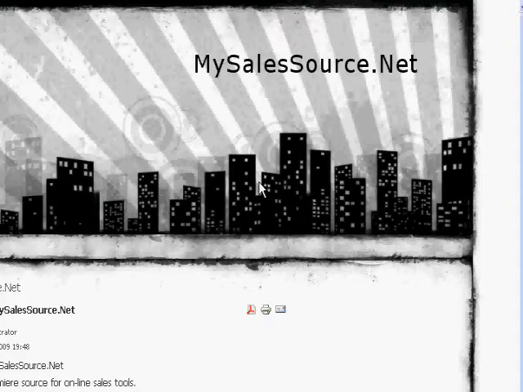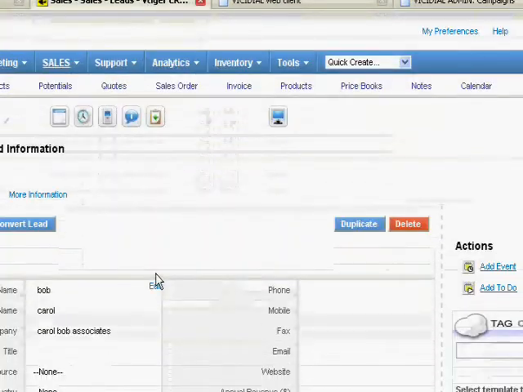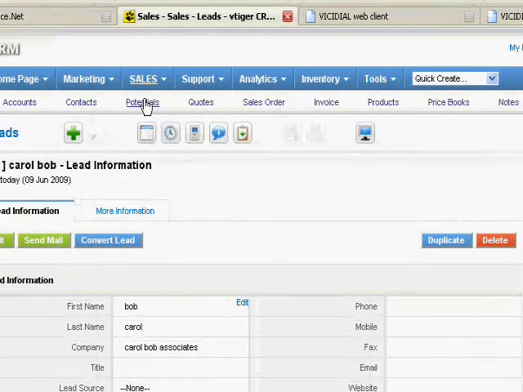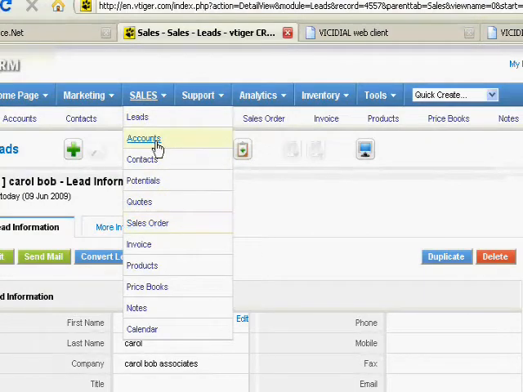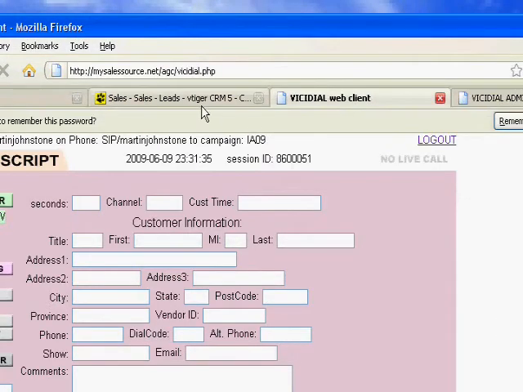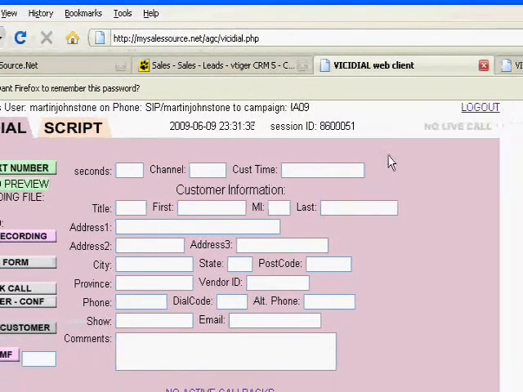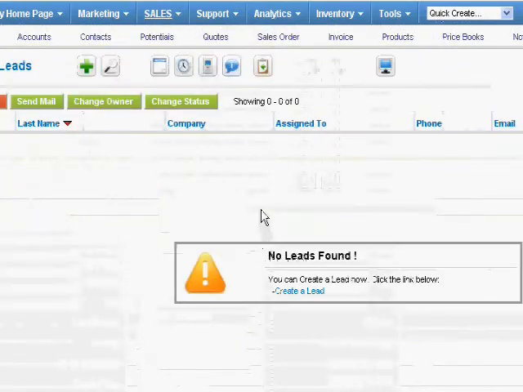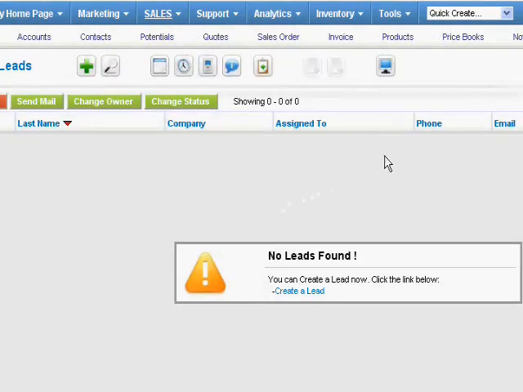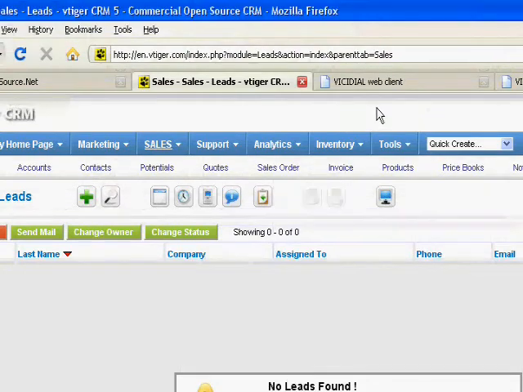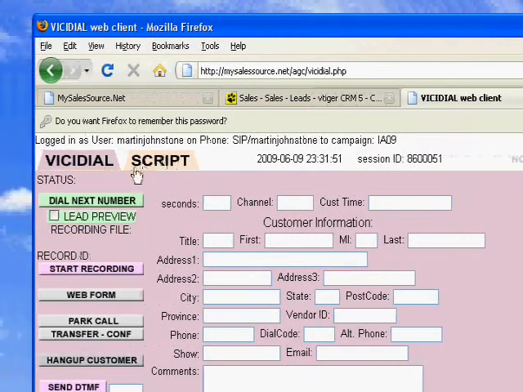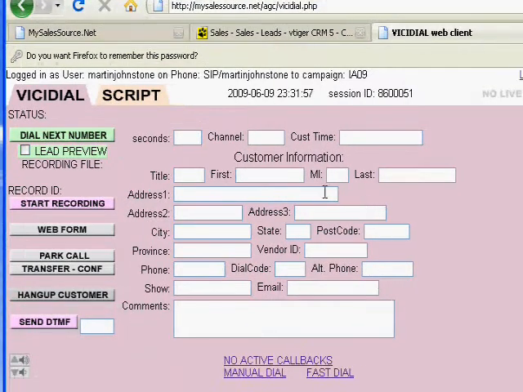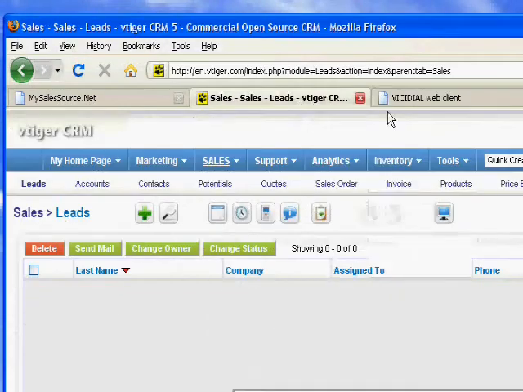We're going to cover the basics of telemarketing. Now, I've already covered how to start off with vTiger and import your leads. Because the telemarketing system is tied in with vTiger, let's say, for example, you create a campaign and import a bunch of leads. Those leads are also going to be imported into vTiger at the same time. Now, the basics of how these two things work together is that